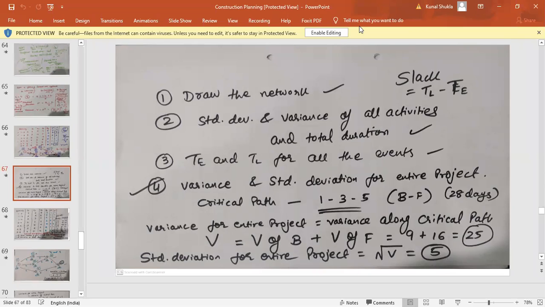So any doubts over here? This is the simplest example. In critical path method, there is one more thing that will be added from the next example, but today I wanted to just cover the basic stuff. So that is why I have covered the basic type of example. So just check it out. If there is any doubt, just let me know.